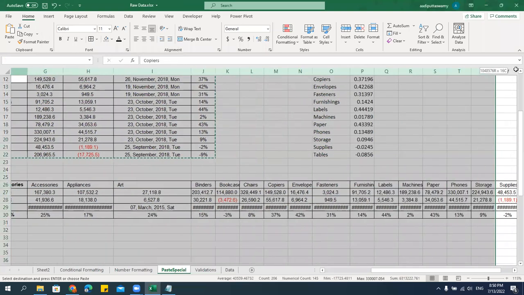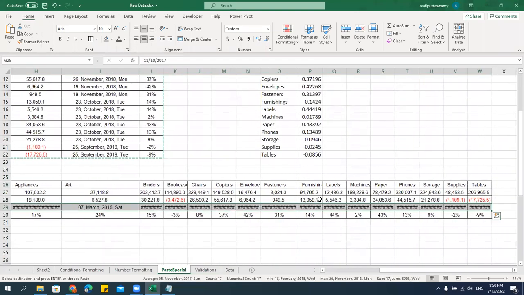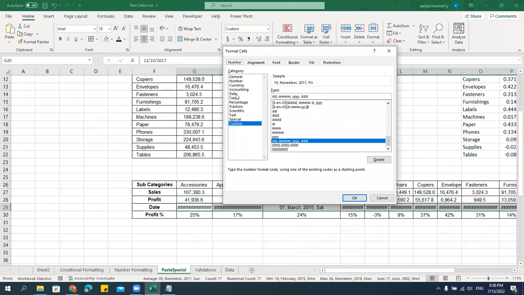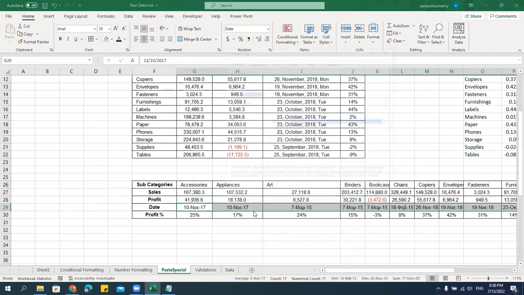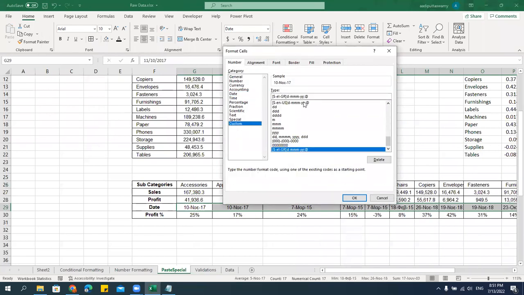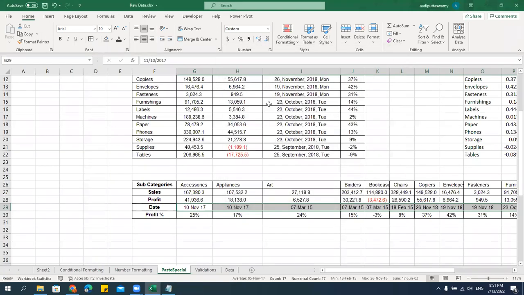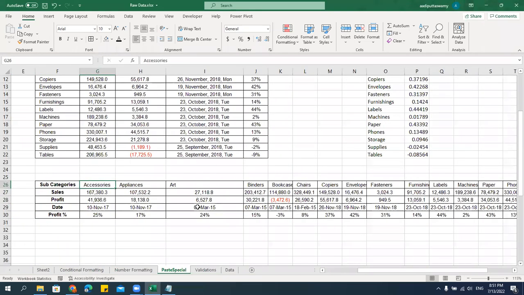We'll change this date format because it's too big. Okay, like this. So you can transpose the data like this so that the data which is column wise can